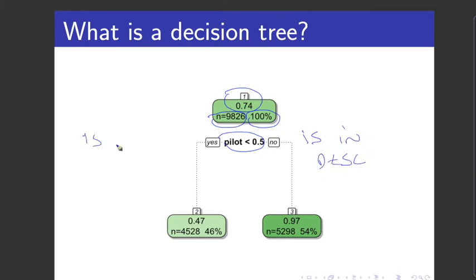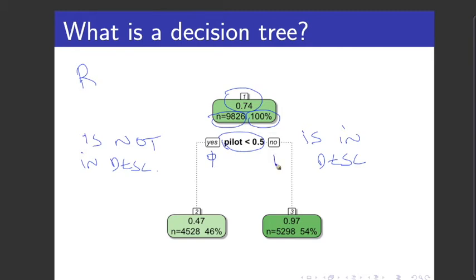On this side, pilot is not in the description. The package I used labels these things in a slightly confusing way. I've used R for this because the diagrams come out quite neatly, but the word pilot is represented by a 0 or 1. And over here we have pilot less than 0.5. So if pilot is less than 0.5, pilot is 0, and that means it's not in the description. If pilot is greater than 0.5, it's 1, and it means pilot is in